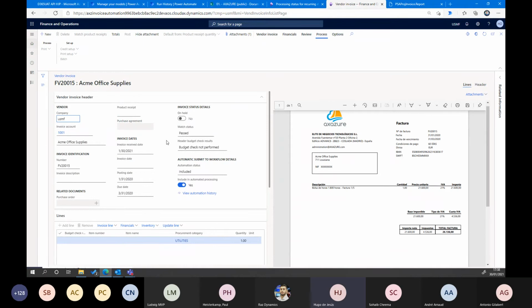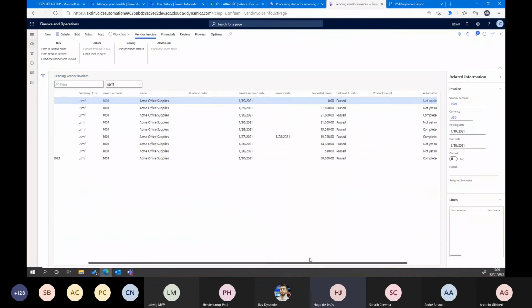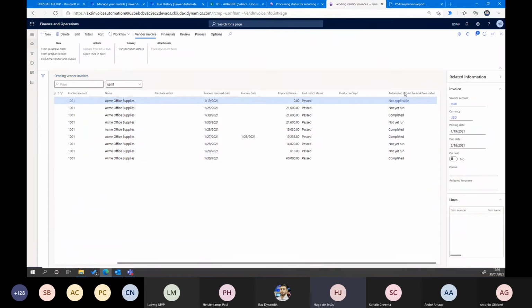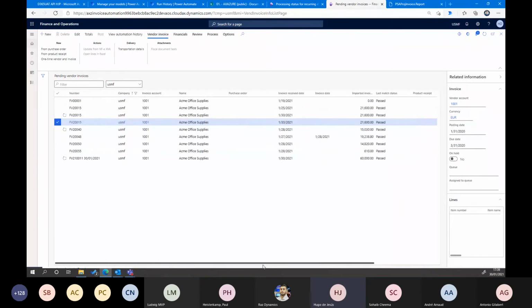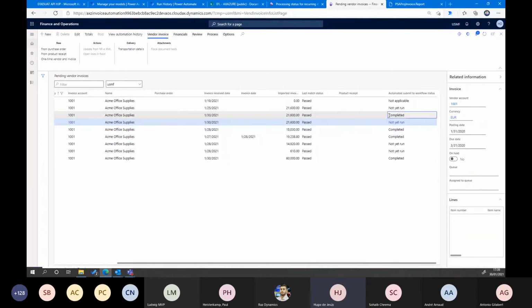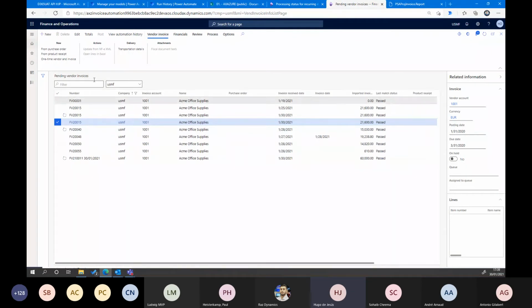And as the workflow is activated to start automatically, okay, you have here the automatic submit to workflow status. Right now, this has not yet run. In this case, yes, but not in this case. And because of that, you can't delete the invoices.